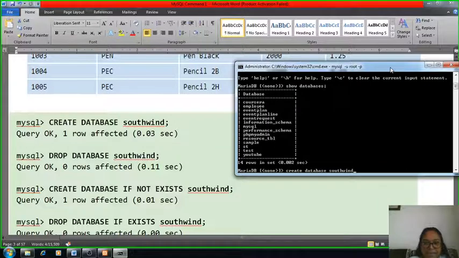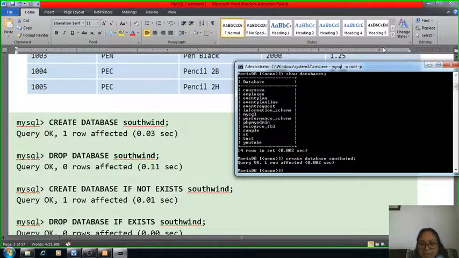Suppose the name of my database is Southwind, semicolon. Okay, so create database Southwind, query okay, one row affected, means this database is created. Now how to check whether the database is created or not? The command is show databases.